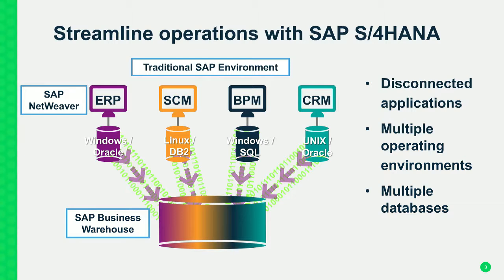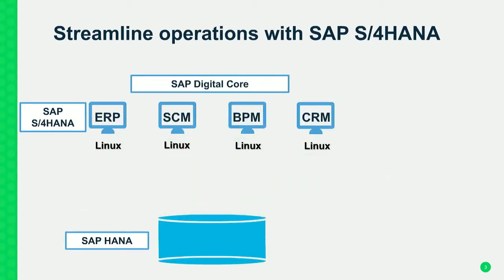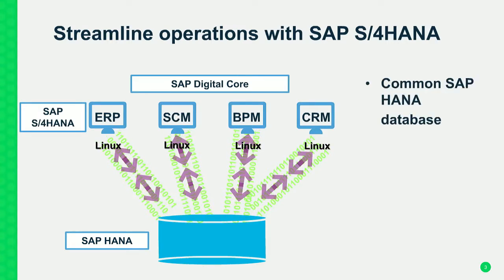Now, let's compare this to the SAP S4HANA environment, where you've got SAP HANA as this single repository for all of the application data instead of having these different relational databases for each application, plus a data warehouse, plus data marts for analytics. And because it's a columnar in-memory database with compression, it's inherently faster, it helps to reduce the amount of storage that's required, and it's a lot easier to work with as far as the DBAs are concerned, but it doesn't look any different than a relational database to an application.